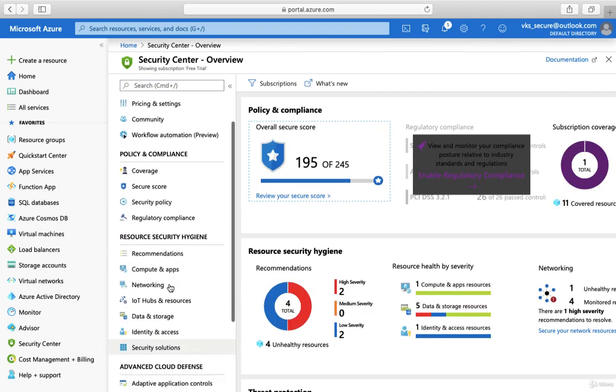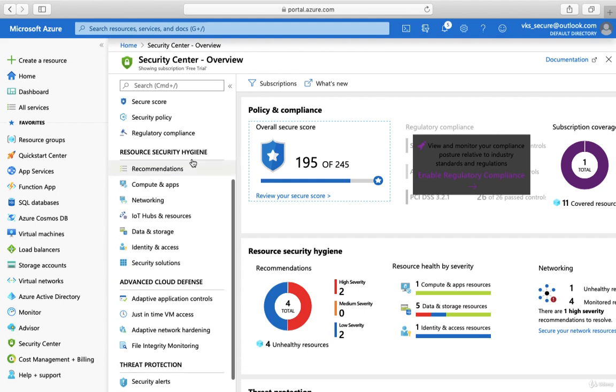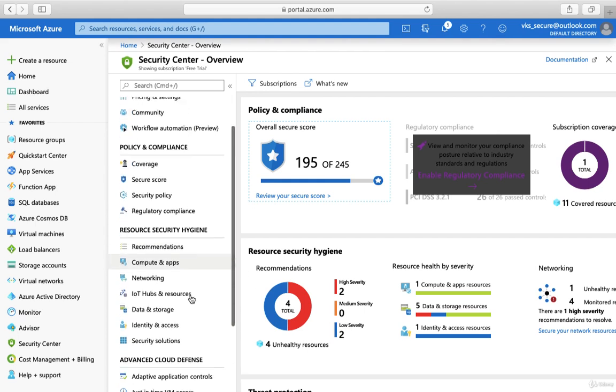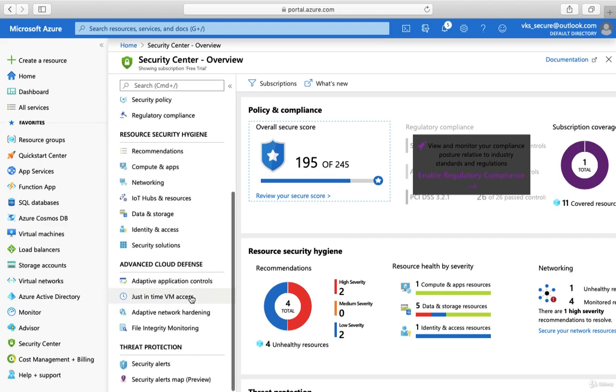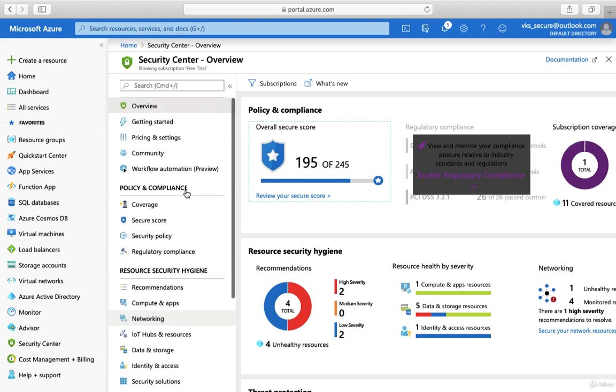And in the upcoming lectures, we'll have detailed lectures on just-in-time access and security policies, because those are very important to discuss and very important features to protect the environment. So this is it,